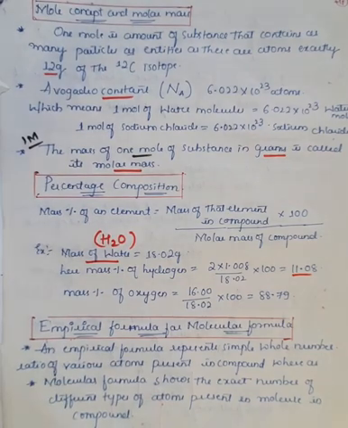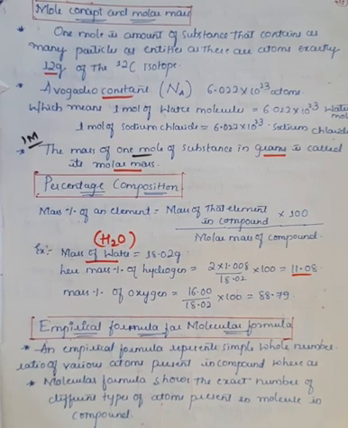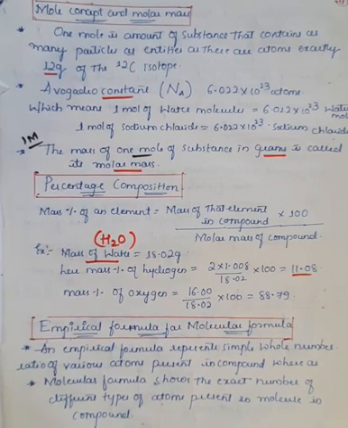Okay, the next important topic is the empirical formula and the molecular formula. There will be a 3-mark question, or there might be a 5-mark question, on the calculation of the empirical formula from the molecular formula. It's a very simple problem. I will explain that further. So just remember now what the empirical formula is, as well as the molecular formula.